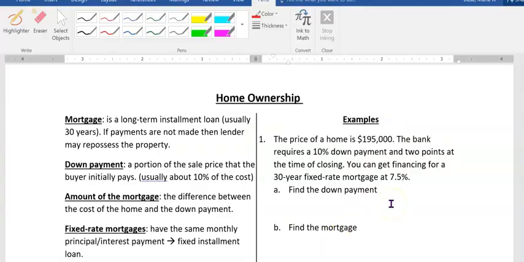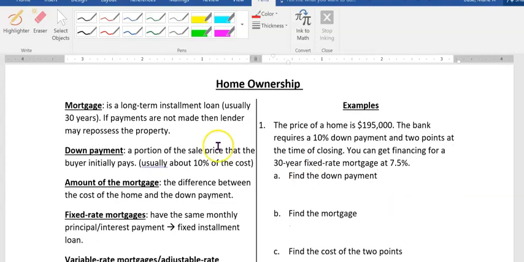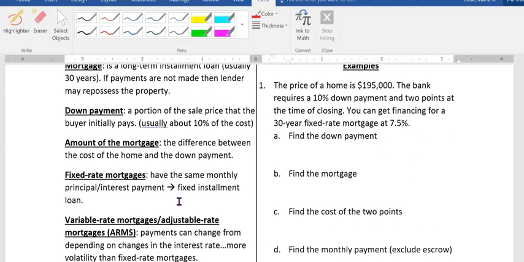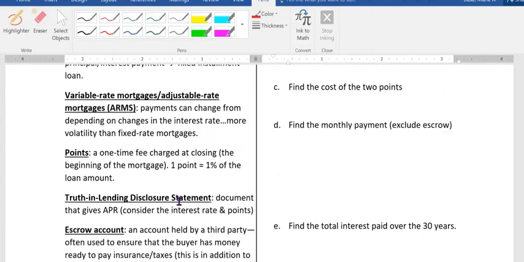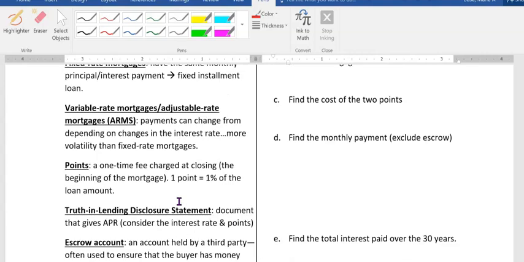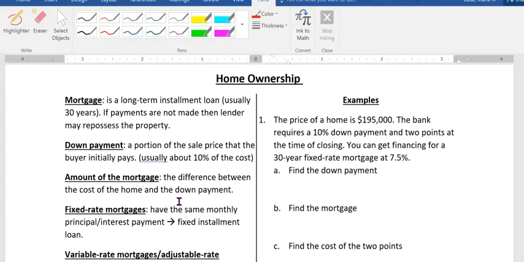Right, so I wanted to do a couple of quick examples looking at some questions related to the home ownership section and how to do some of these computations. On the left-hand side of my document here, I have some vocabulary terminology that's related to this particular topic, and on the right-hand side, I have a couple of different examples. So the first one, we're going to go ahead and just look at that first example there, and it tells